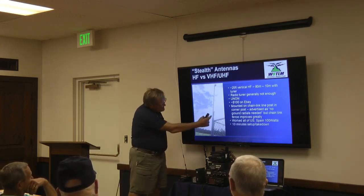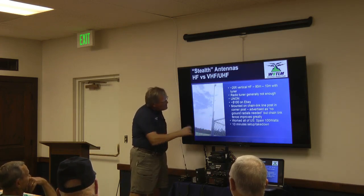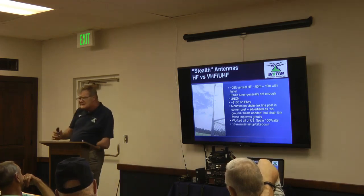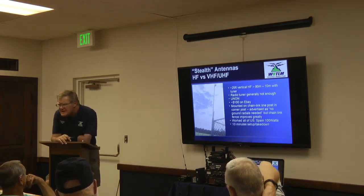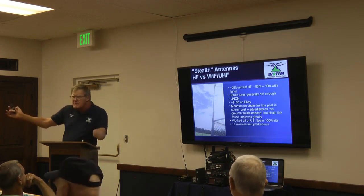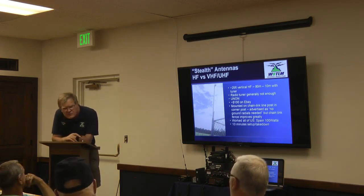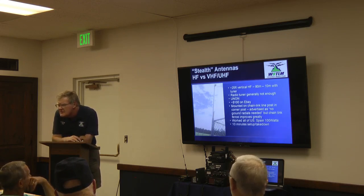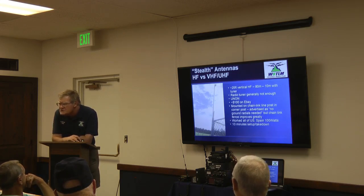Just have a couple of wood wedges and a line pole stuck down into a corner pole with that antenna mounted on top of it. And again, especially if you've got some trees around, where I've got this out next to my horse pasture, so it's out in the open, kind of obvious, and every once in a while the horses make noises at it. But it's not terribly obvious. It's not really a stealth antenna, but it's generally not objectionable, especially if somebody objects to it and says, well,